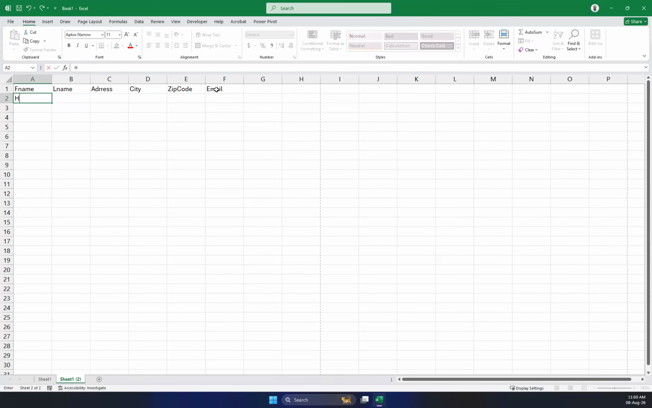I type Bill and I want to go to the B2 cell, but when I press enter, it takes me to the cell down below. Then again, from the right arrow, I have to click one right arrow and one up arrow to go there. Now it's a waste of time, right? So in this situation, if you don't want to go to the down cell when you press enter,